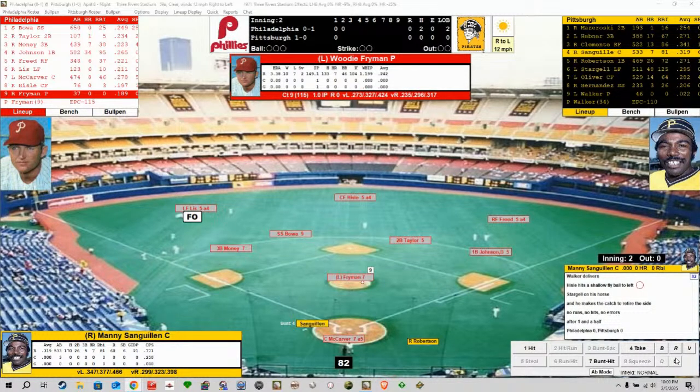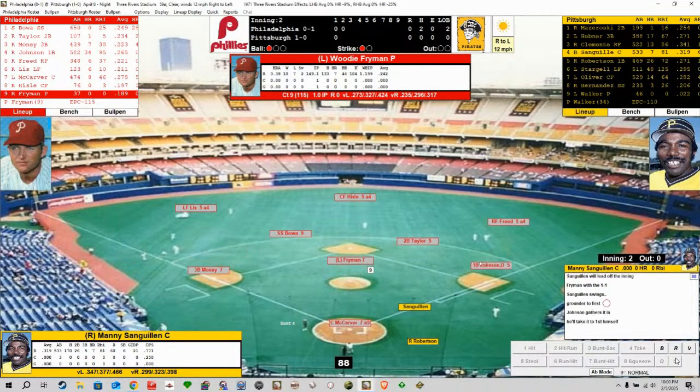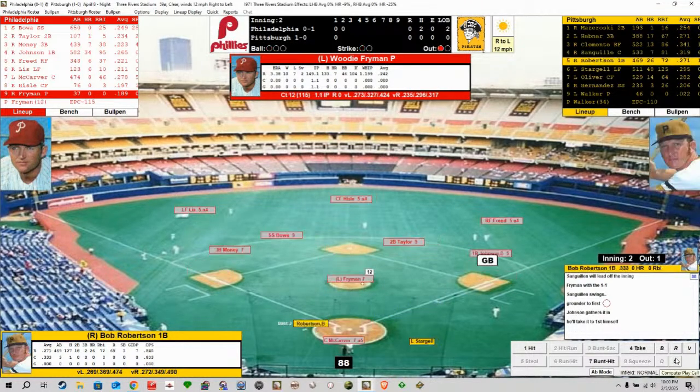All right, so Manny Sanguillen, 0 for 3 in the season thus far. And a little squibber to first. Johnson will take it to the bag himself, score that one 3 unassisted. 1 up, 1 down now for first baseman Bob Robertson. So Robertson, a very, very important part of this 1971 World Championship Pittsburgh Pirate team, a .271 hitter back in 1971 with 26 home runs, 72 runs batted in, and so far off to a 1 for 3 start